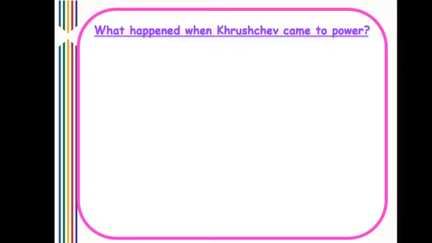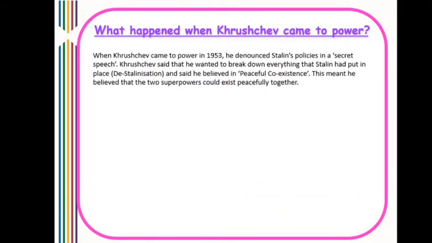So what happened when Khrushchev comes to power in the Soviet Union? When Khrushchev came to power in 1953, he denounced Stalin's policies in a secret speech. Khrushchev said that he wanted to break down everything that Stalin had put in place, and he called this de-Stalinization. He said that he believed in something called peaceful coexistence, meaning he believed that the two superpowers could exist